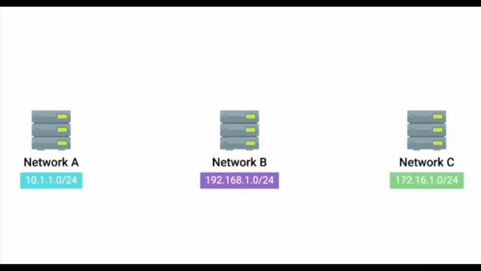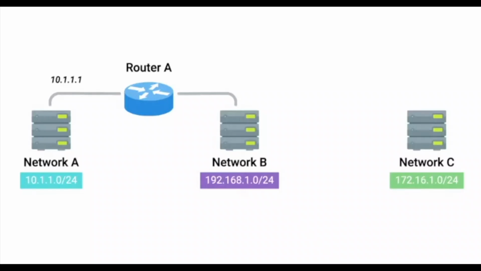Imagine three networks. Network A will contain address space 10.1.1.0/24. Network B will contain address space 192.168.1.0/24. And network C will be 172.16.1.0/24. Router A sits between network A and network B, with an interface configured with an IP of